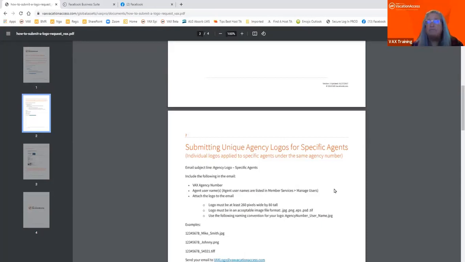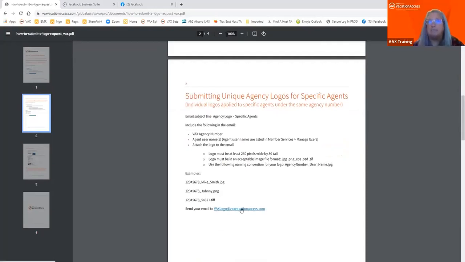So very often you will need to send it to your site manager for their approval, and then they will submit it to us at vaxlogo@vaxvacationaccess.com. And this is how this would look if you were in that kind of a situation where not everybody under the agency number that you log in with wants to have that same logo.